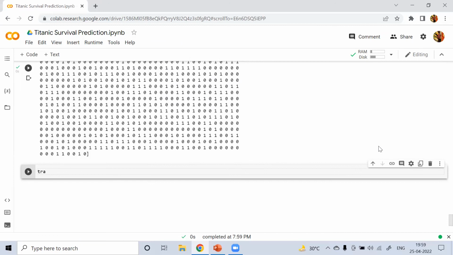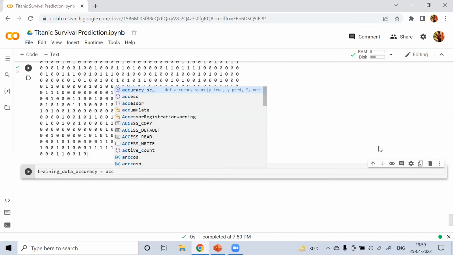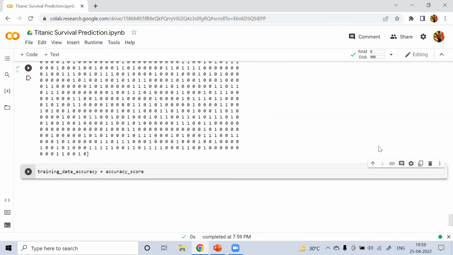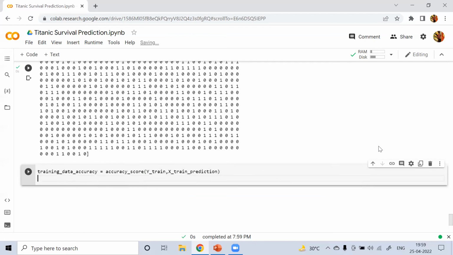Training data accuracy equal to accuracy score. We'll pass the Y train value and the X train prediction. So now I will print this accuracy score of the training data.